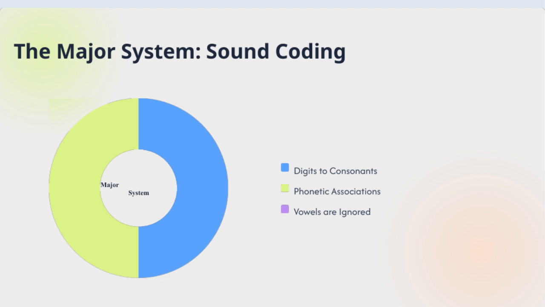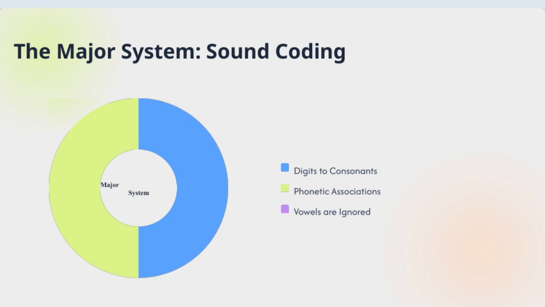memorable words or images. We also convert digits to consonants, creating a bridge between numerical data and linguistic imagery. This process helps us remember complex numbers by turning them into familiar words or phrases. Finally, the major system itself is a sound coding technique. It's designed to encode numbers into words based on these phonetic associations, simplifying the process of memorization and recall. Overall, this method is a powerful tool within the broader theme of memory techniques, helping us leverage sound and language